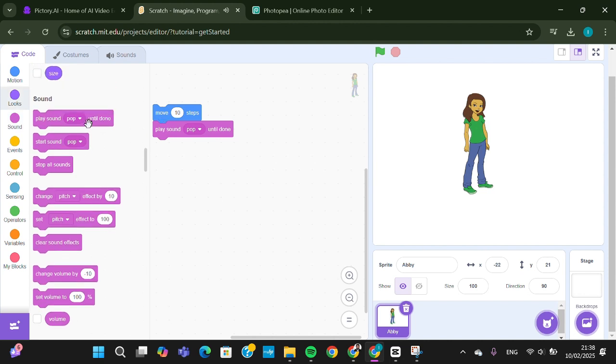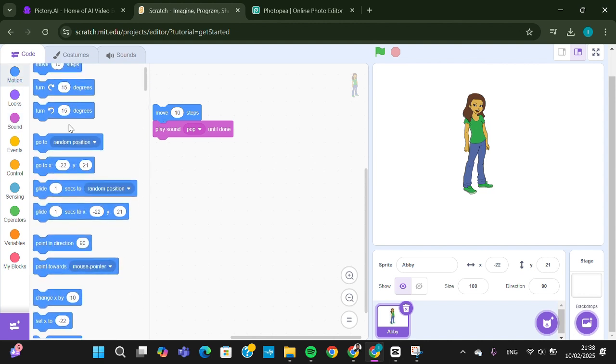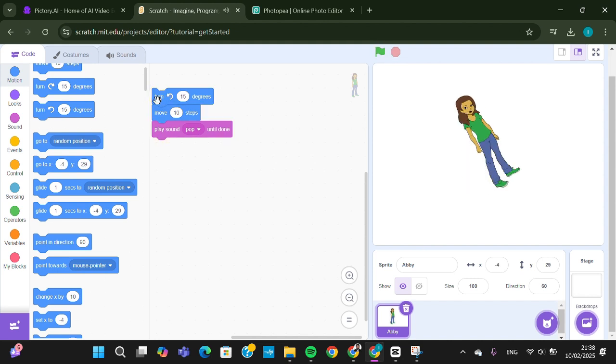like this. And you can add another movement. For example, I'm going to select this one as well, and let's try to move it. Okay,